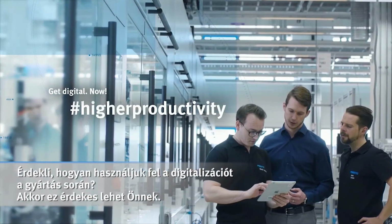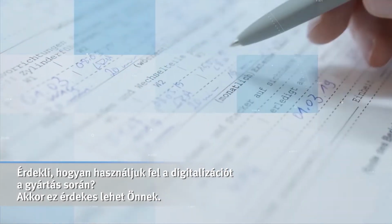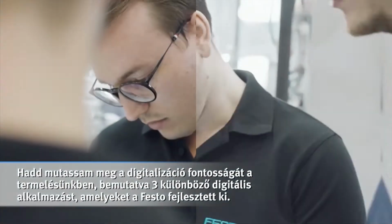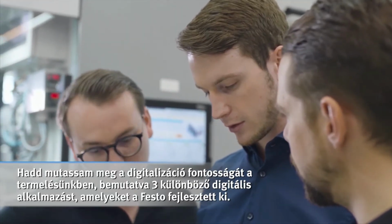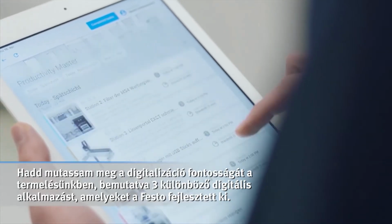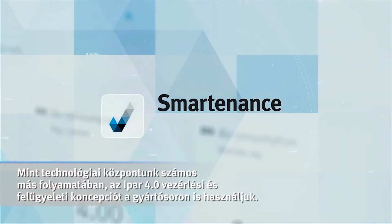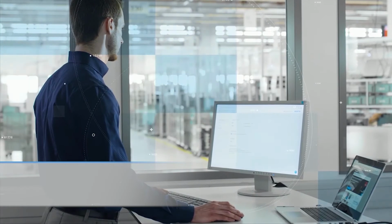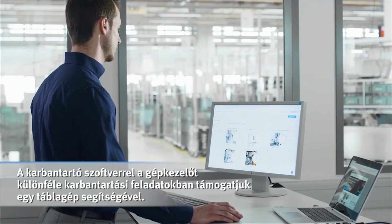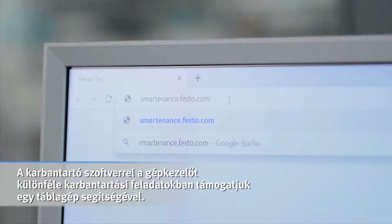Are you interested how we make use of digitalization in our production? Then this might be interesting for you. Let me show you the importance of digitalization in our production by introducing 3 different digital tools to you, which are all developed by Festo. As in many other processes in our technology plant, Industry 4.0 concepts for control and monitoring are used in the assembly line. With the maintenance software, the first tool, the machine operator is supported for various maintenance tasks using a